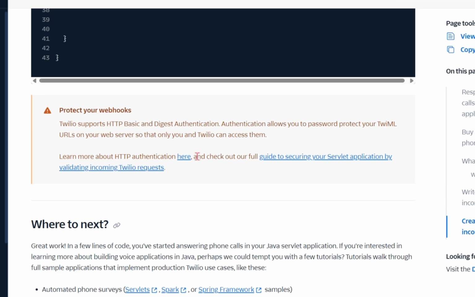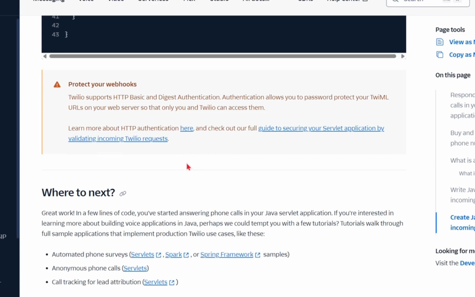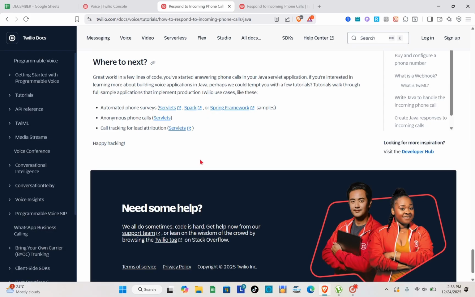Twilio supports HTTP basic and digest authentication. Authentication allows you to password protect your TwiML URLs on your web servers so that only you and Twilio can access them. If you want to learn more about HTTP authentication, you just have to tap on this link. And then after that, in a few lines of code, you've started answering phone calls in your Java servlet